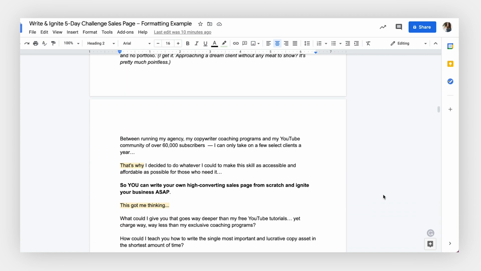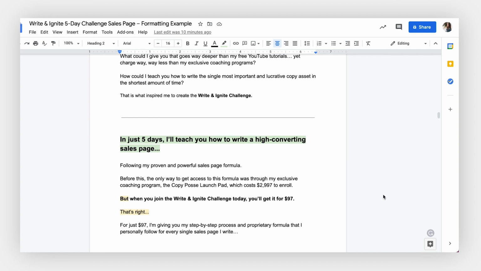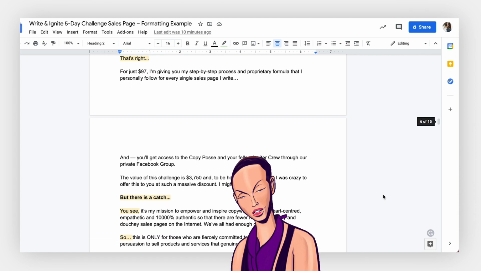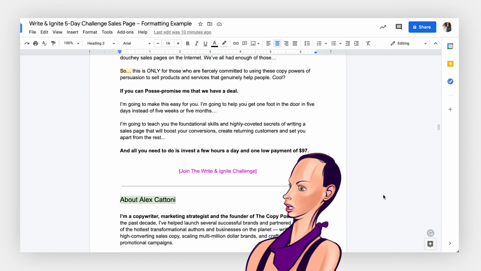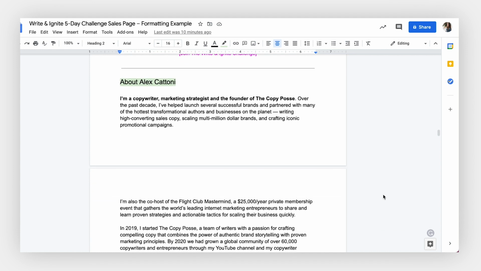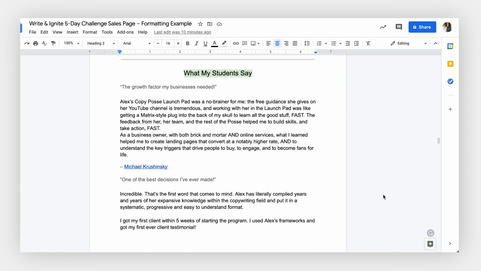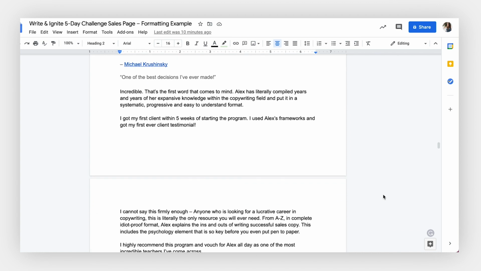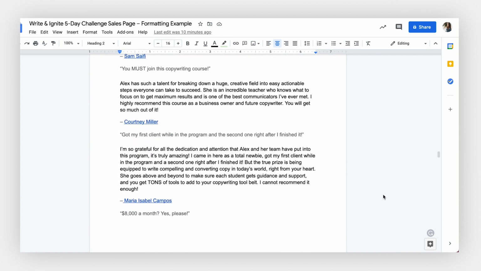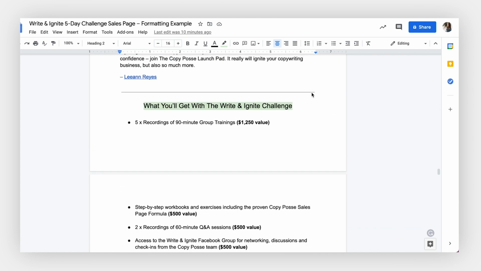And trust me, nothing is worse than seeing your final copy designed on a website and you realize, oh my God, that is not how I wanted it to look. So don't leave any room for confusion. You want to make it as easy as possible for your client or your web designer to understand the intended layout of your page so it can make the biggest impact possible. So one of the best ways to do this is to visually break up the sections of text.